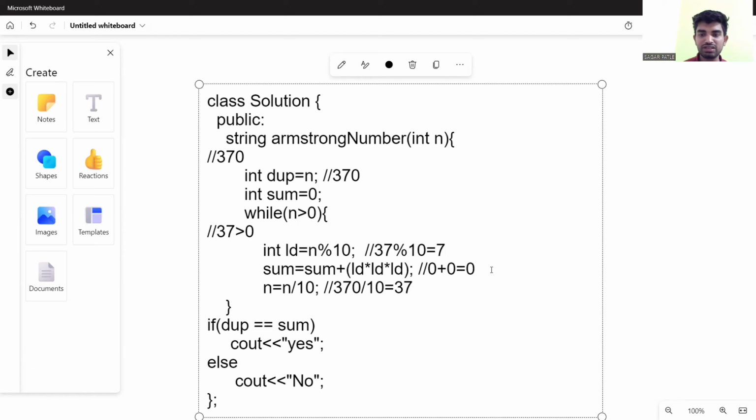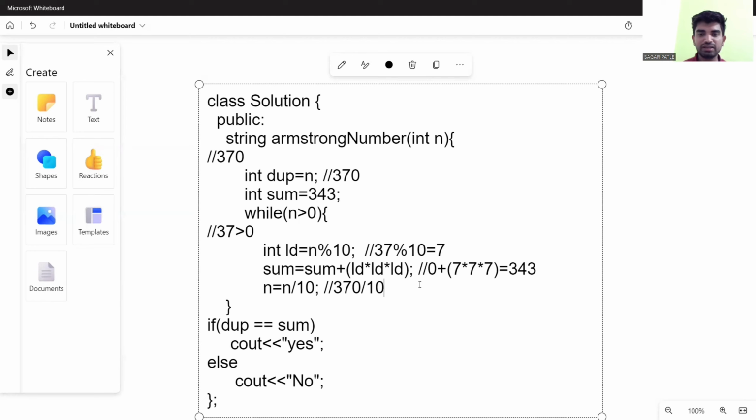Here the value of sum is 0. So 0 plus 7 into 7 into 7 is equal to 343. So now the value of sum is 343.